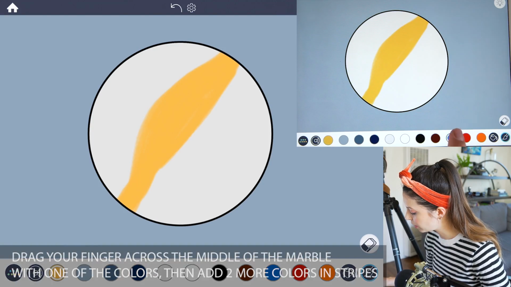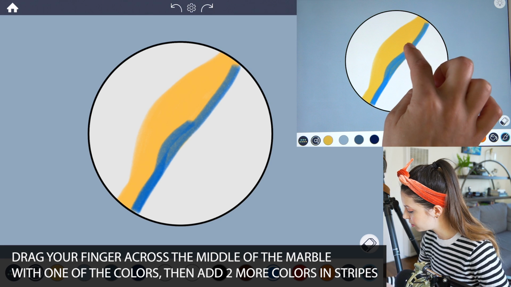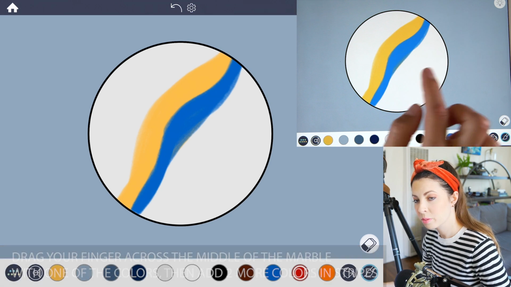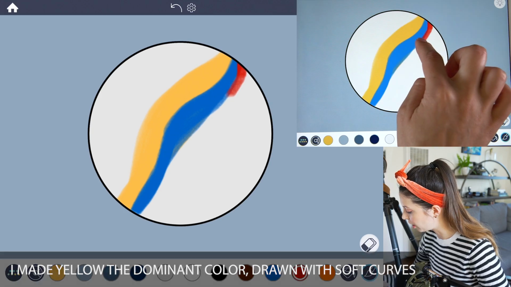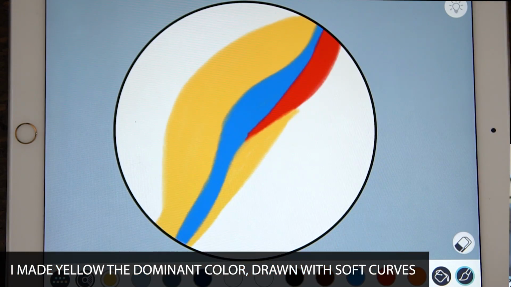And then I'll use a bright blue and just put that straight through the middle right next to it and just put a little bit of a curve in it as well. And then I'll also add a little bit of red just in this corner here, just a tiny bit. And I might just make it a little bit thicker with the yellow on that side by the red too